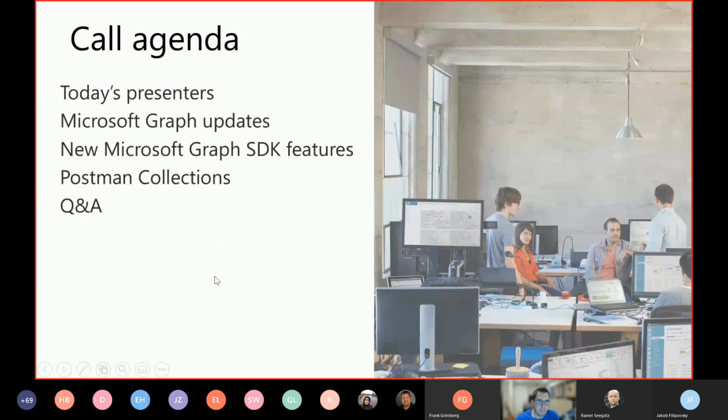As I mentioned, today we're going to have 2 sections of this call. The first one is going to be for Daryl, who's going to be showcasing some of the new Microsoft Graph SDK features, and then I'm going to go through and talk about Microsoft Postman Collections. But before we do that,